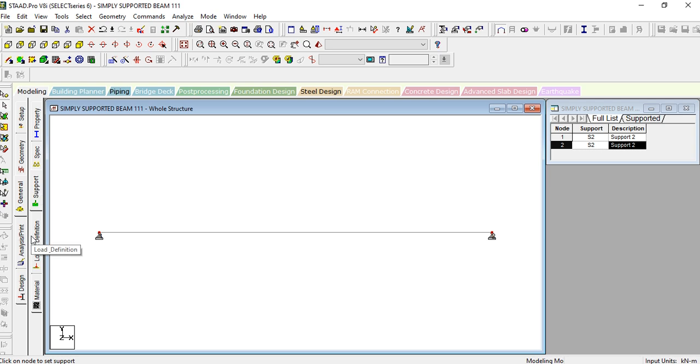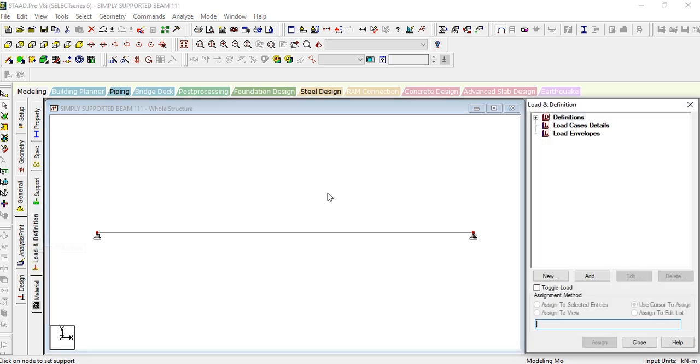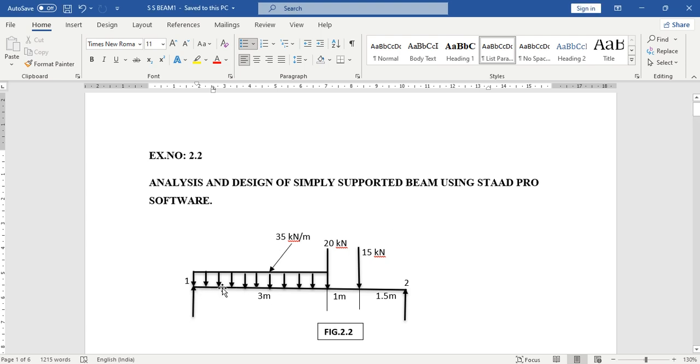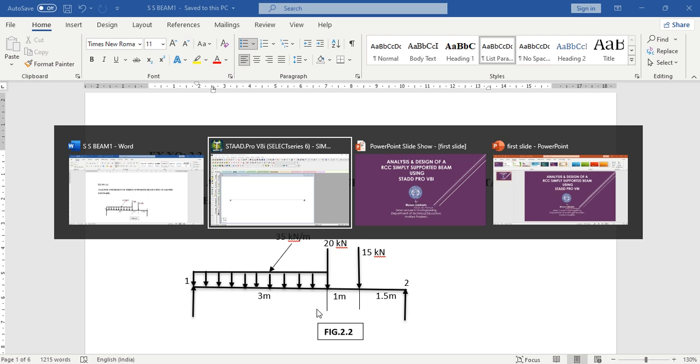After the supports, you click on the load and definition tab. Here you have to create the loads. You can see the loading pattern here. Over the 3 meters, you have a 35 kilonewton per meter load, and at 3 meters you have a 20 kilonewton load, and a 15 kilonewton load is applied at 4 meters. So here now you shift to the